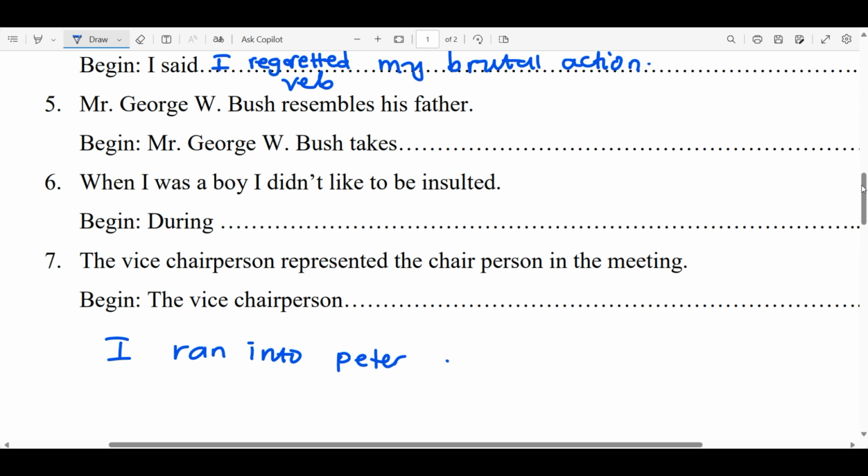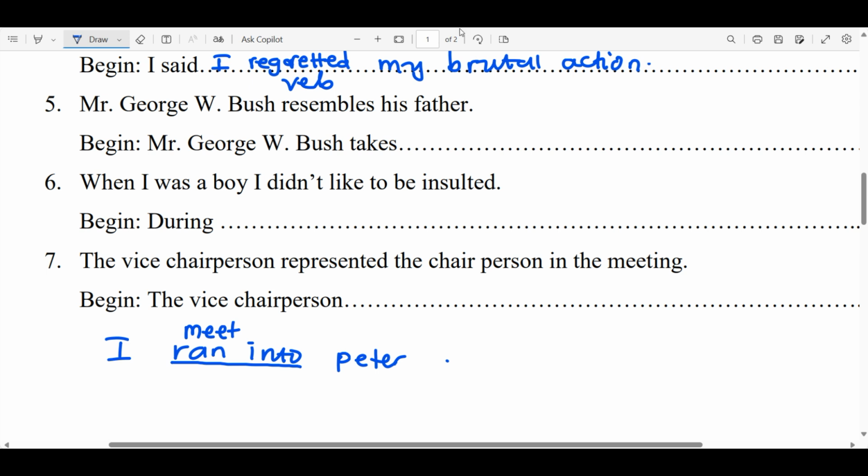So this doesn't mean running into someone inside, no. So run into or ran into simply means I met someone by accident, meaning I didn't know that I was going to meet this one. So ran into is a phrasal verb because it is giving us a new meaning away from the actual meaning